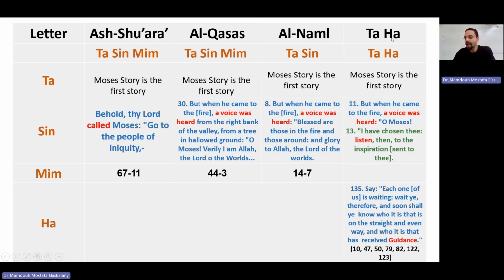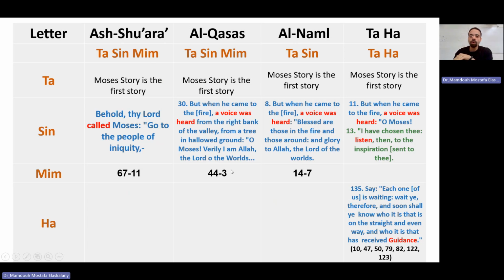And then we have Surah Taha. It shares only the Ta letter, and we have another new one, Ha, two different letters, Ta and Ha. But Ta is common, it is shared with the previous three surahs. So this surah must have something common with the previous three. So I'll check what is common with the previous three surahs to know exactly what Ta refers to. So I go through all four surahs, and I found out that